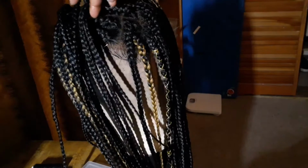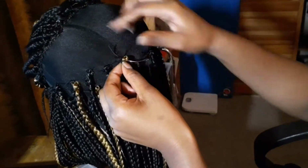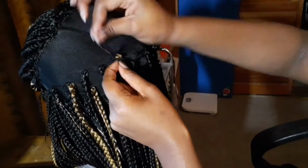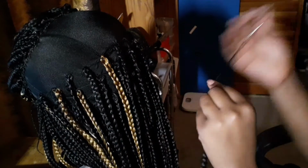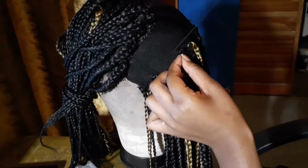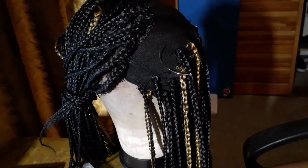Okay, so here I'm just showing that I already sewed on my closure and I have already braided it. I used maybe 2 or 3 packs to finish braiding the closure, and it all depends on how big or how small you want your braids to be. And something that I think is super important to me, especially when I get to the front of the braid